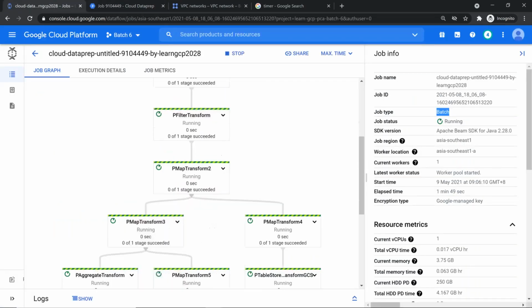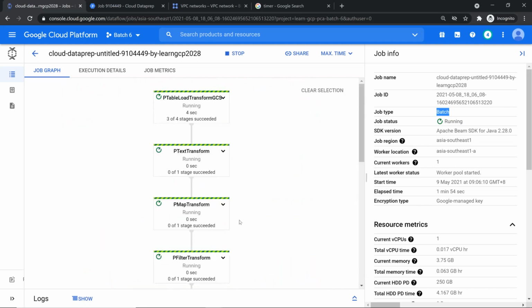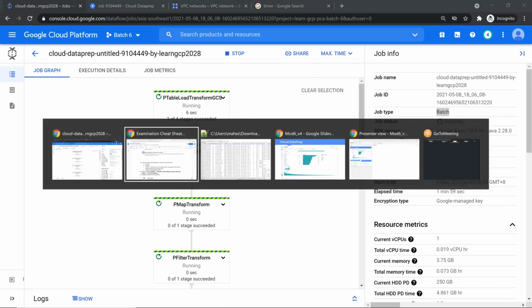So now it has started completely. Soon it should get finished. So the key part which I wanted to share here is